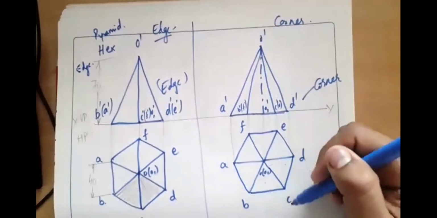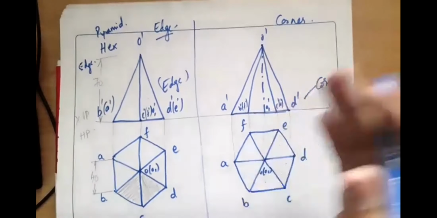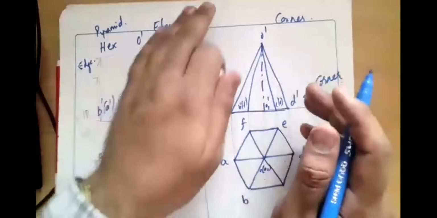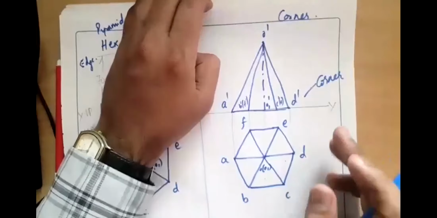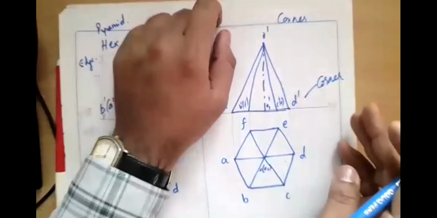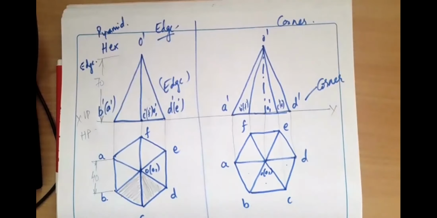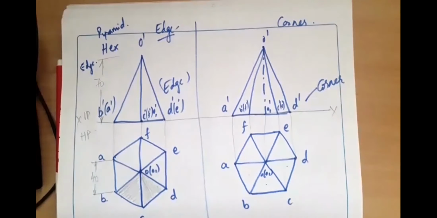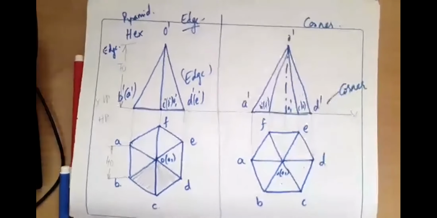Similarly, front view and top views are drawn, and any dimension, if it is given in the problem, can be dimensioned, and then the second position and third positions are started. Forget about this. If it is a corner condition, you need to make sure that on the right hand side I'm keeping a corner. So you can even use this A dash also in the second position. Even that is also correct. It is not wrong. So we'll continue and solve some problems on the same condition, and see that these edges and corners are used properly in the problems, and whether you will be able to solve the problems or not.